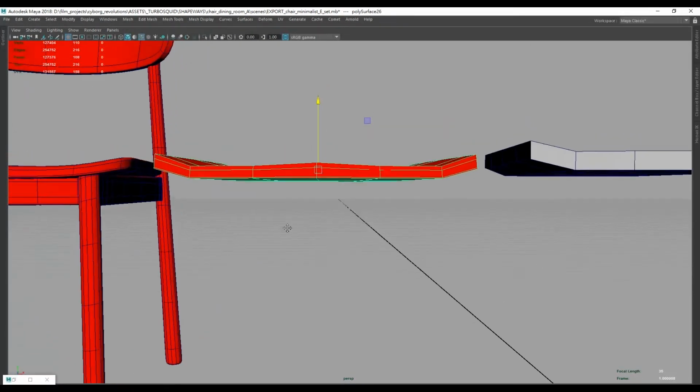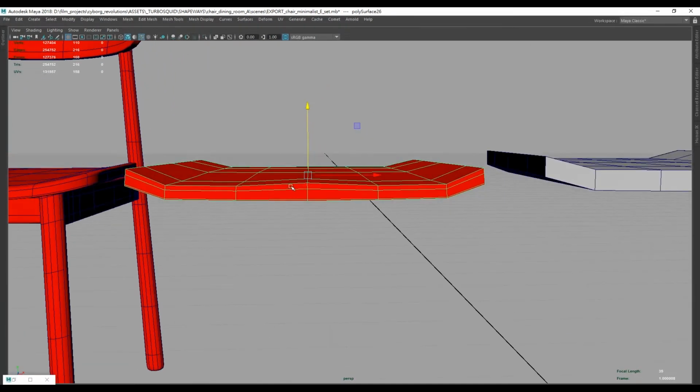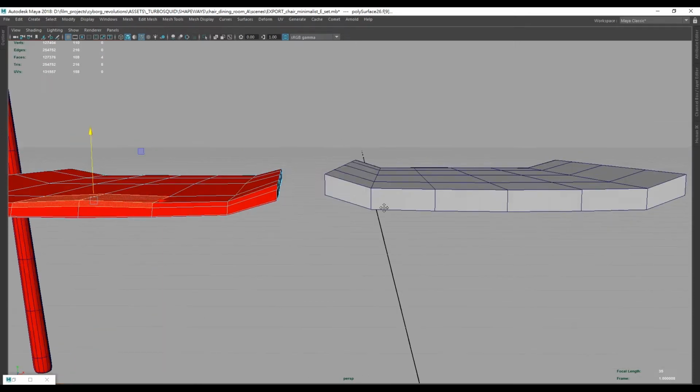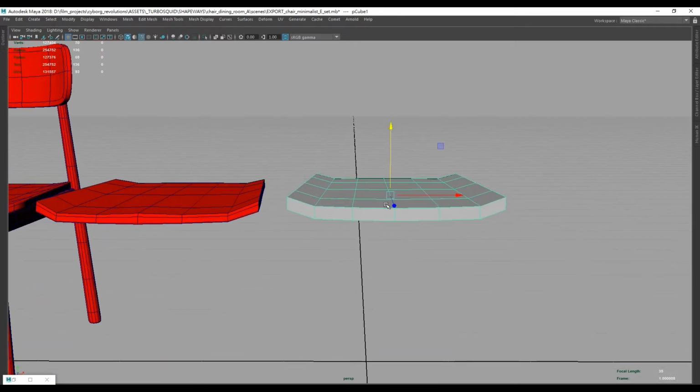If you look carefully, notice this section right here. It's like that little curvature you get on seats. You know, right here they kind of indent down for your legs, and then it kind of curves up a little bit. So we can simulate that just by, well, first let's create an edge loop here,